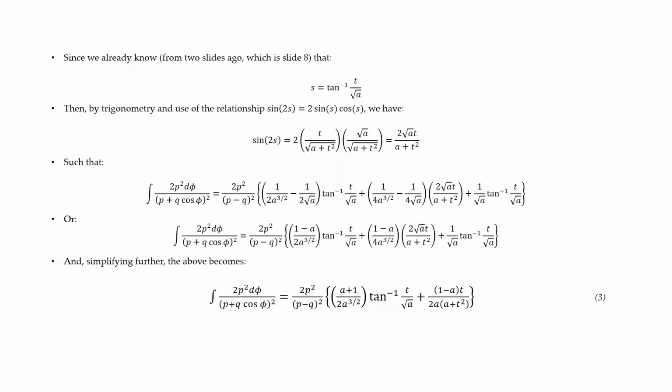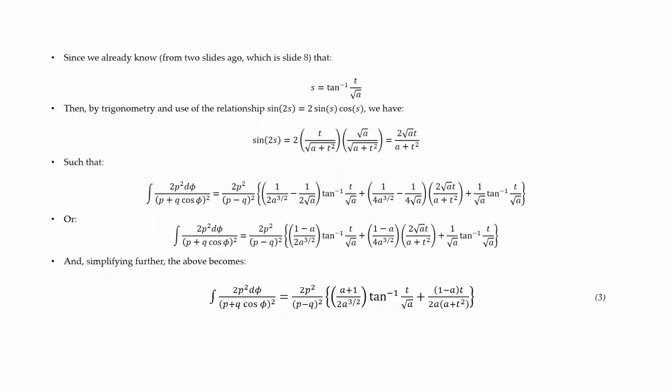Using the tangent substitution from slide 8 and the double angle formula, sine 2s is equal to 2 sine s cos s. On inserting each of these into the above last integral, after some manipulation, we obtain the general solution